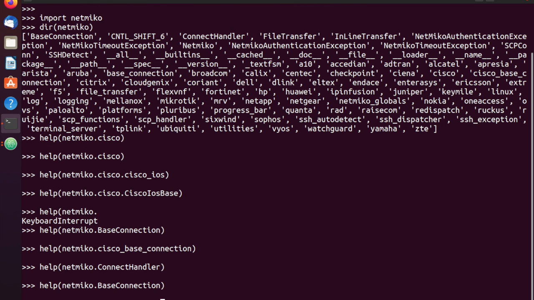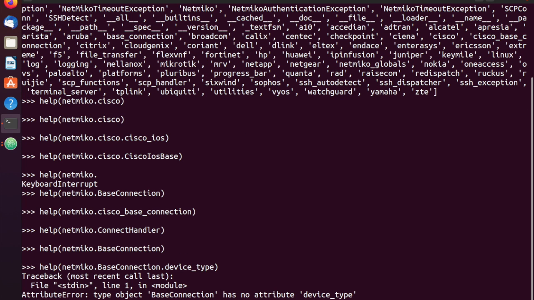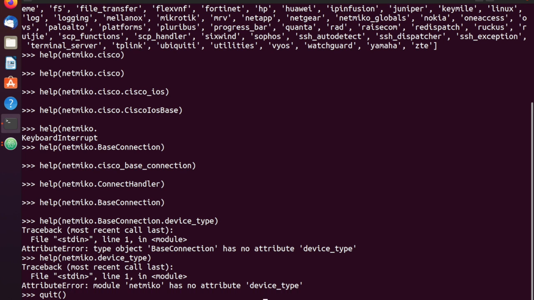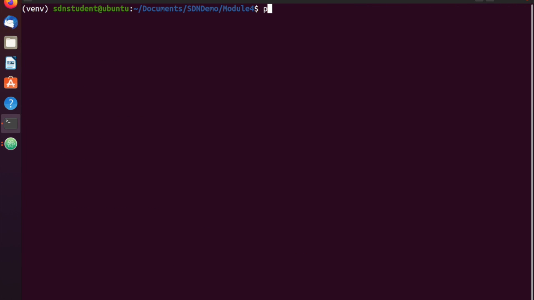Let's try device type. Let's see if that does anything for us. Nope. Let's see if we can get rid of this base connection and see if device type shows anything. Nope. Alright, so yeah, you'd have to go online and check out their documentation. I'll continue to look to see if I can find it somewhere